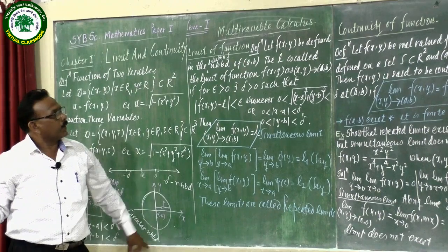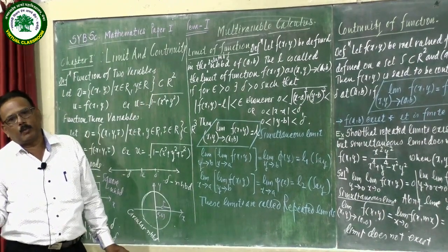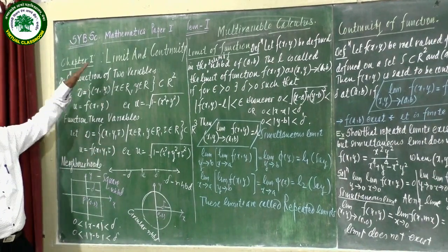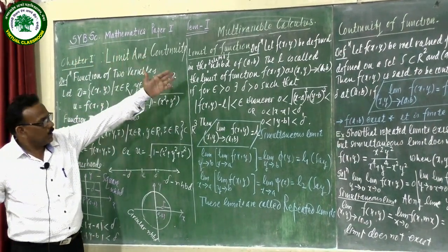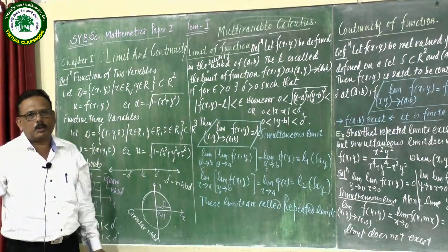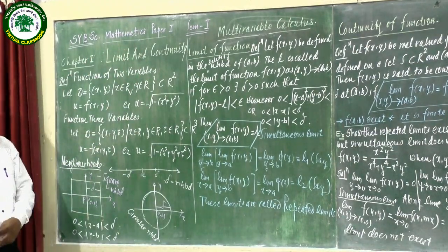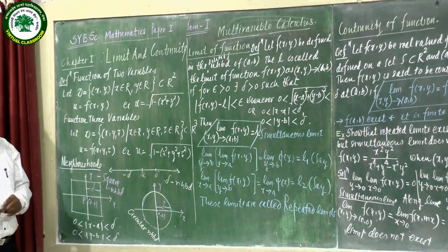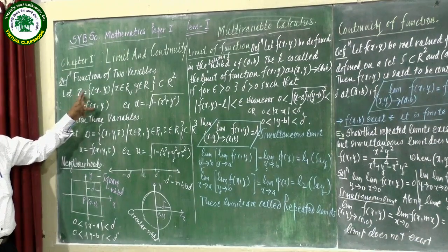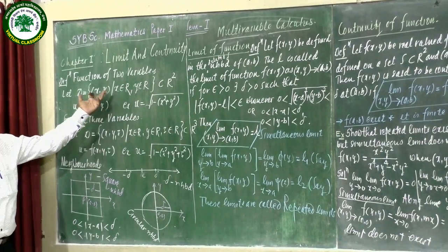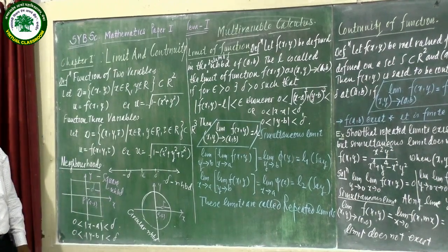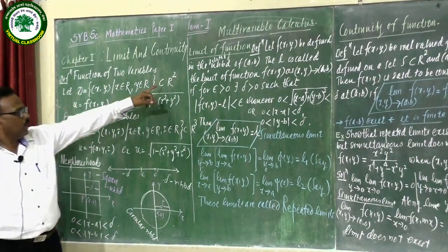which is multivariable calculus, name of the paper is multivariable calculus, and for that calculus we have to consider function which is having more than one variable, that is two variable, three variable. You should always know that what is function of two variables. It is the set D having ordered pair x and y. X is taken from set of real number, y is also taken from set of real number, which is subset